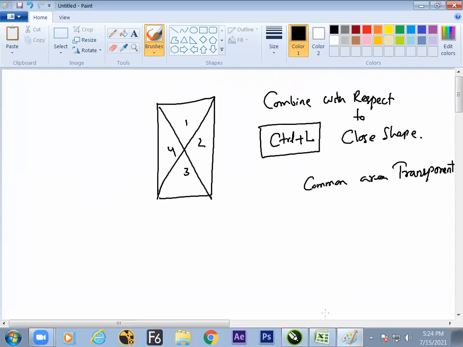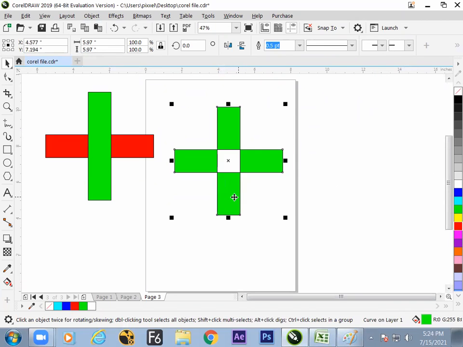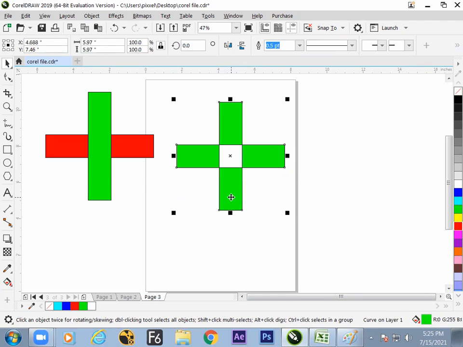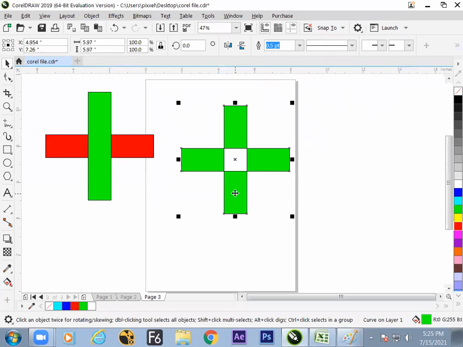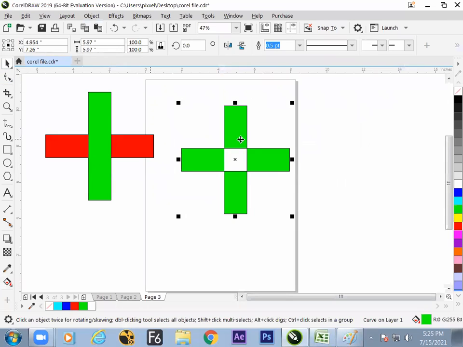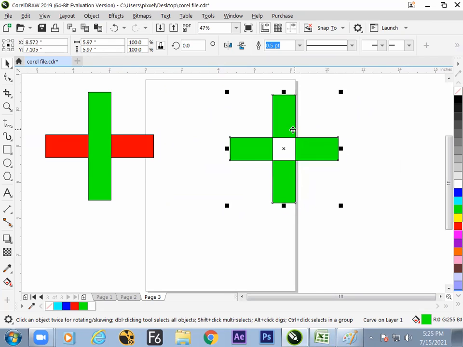Fine. Now this is not multiple objects. It is a single object in combined format. How to break down the combine, that is for later. But we got to know how to convert multi-object into a single object through combine.